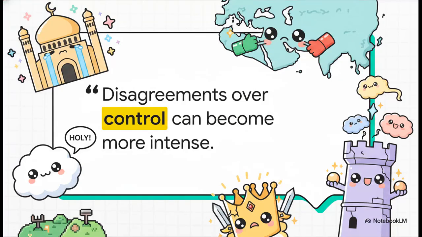This dynamic is captured perfectly in this insight. When land has religious, political, and strategic importance, disagreements over control can become more intense. It wasn't just about localized farming rights or access to Mediterranean trade ports. It was about securing holy sites. It was about achieving national survival in a modernizing world, and it was about strategically positioning to fill the massive power vacuum of a slowly fracturing empire. Every single localized disagreement gets exponentially magnified when the land itself is viewed as completely irreplaceable.